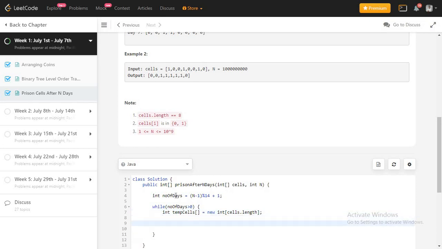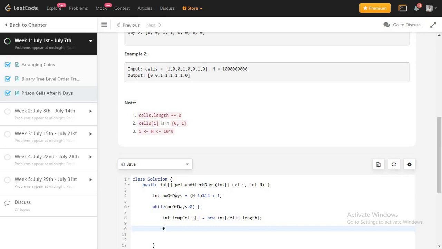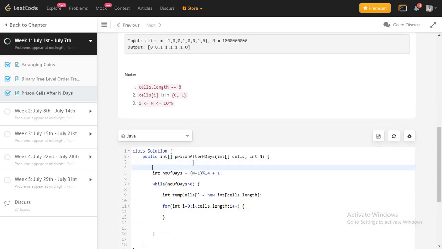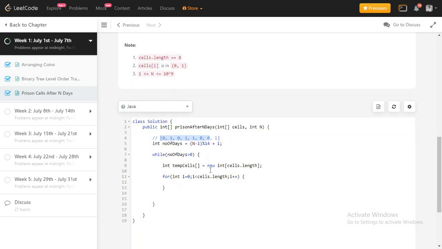Yeah, that's pretty much it. Now I need to iterate through the array, right? The sales array, int i equals 0, i less than sales dot length, and i plus plus. So now I am going to iterate through this array, right? 0 0 0 1 0. Let me copy it here for better understanding. So I will start iterating from this, right?